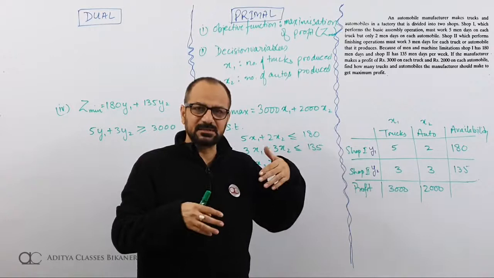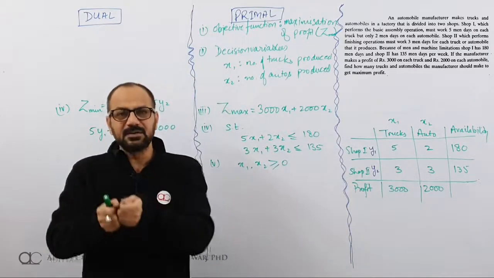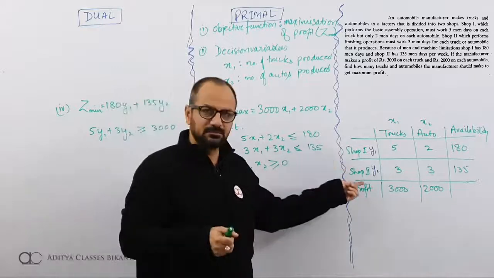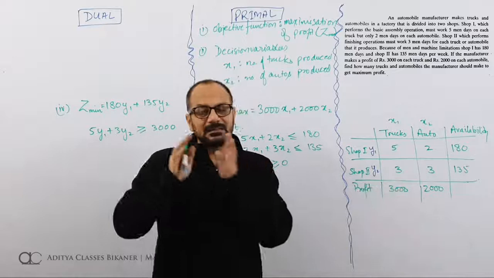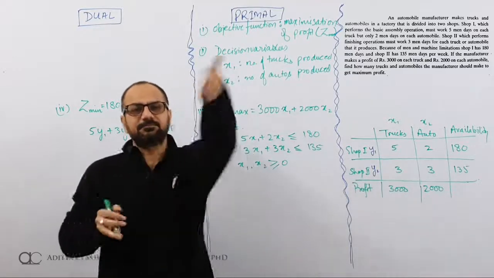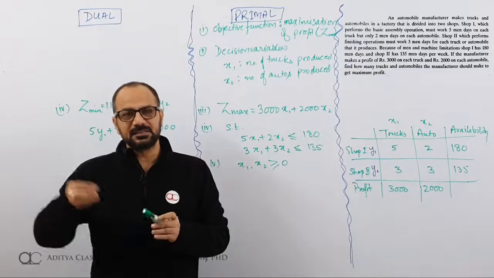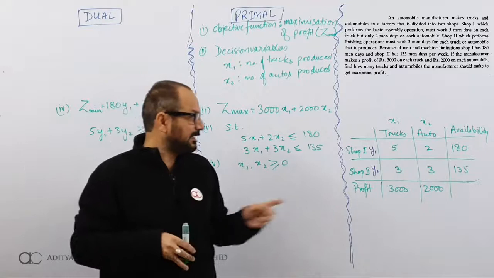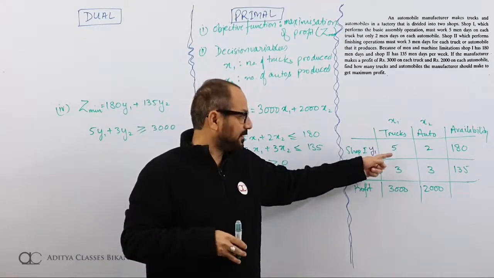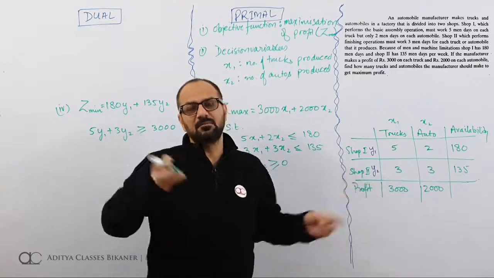When he starts charging me something, whatever collection I am making, whatever rate I am quoting to him, that okay, we are ready to quote you Y1 and Y2, that should give me at least 3000, or preferably more than 3000. So the investor is coming to invest in my business and I'll accept the proposal only if what I'm getting from him, 5y1 plus 3y2, is at least 3000 or more than 3000.